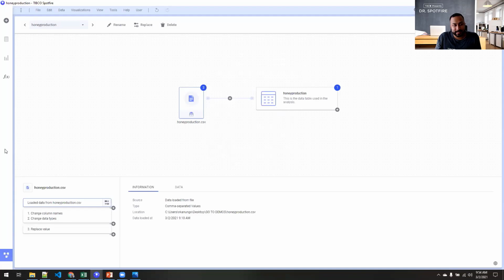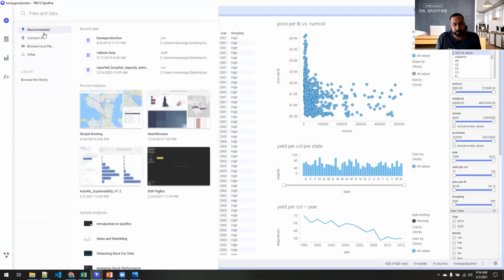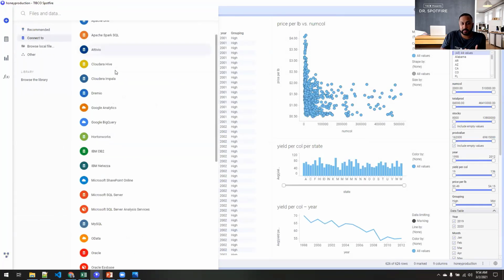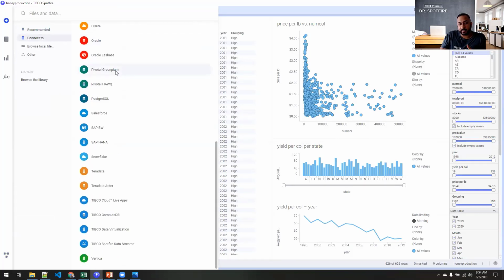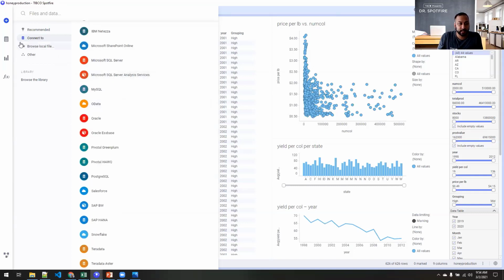One thing I didn't discuss is that you do have connectors if you want to connect to different databases, and you can store the data in the dashboard as well. Or if your Spotfire server has access to these databases, you don't have to store the data in the dashboard. In that situation, the Spotfire server can reach to a governed data source. All right,